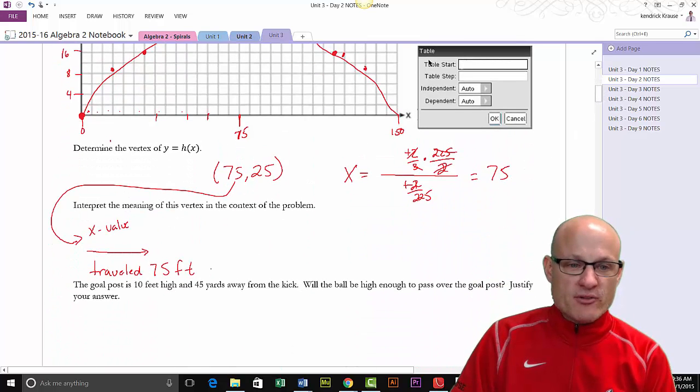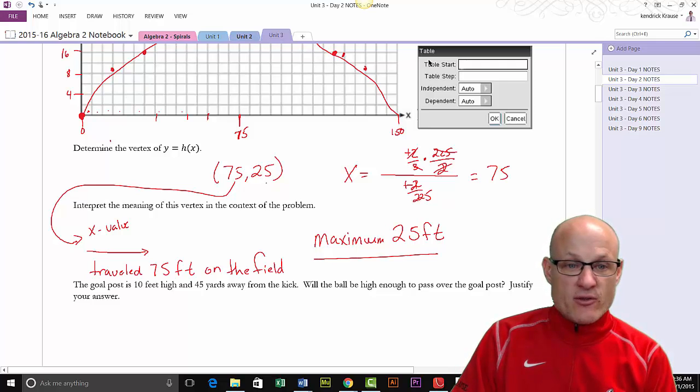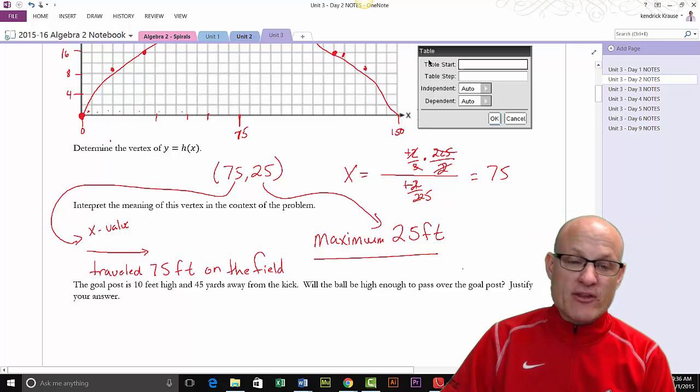Feet. When it's traveled 75 feet on the field, or 75 feet away, it will be at its maximum height. And the maximum height will be 25 feet in the air. So the y part is how high it's gone, and the x part is how far down the field